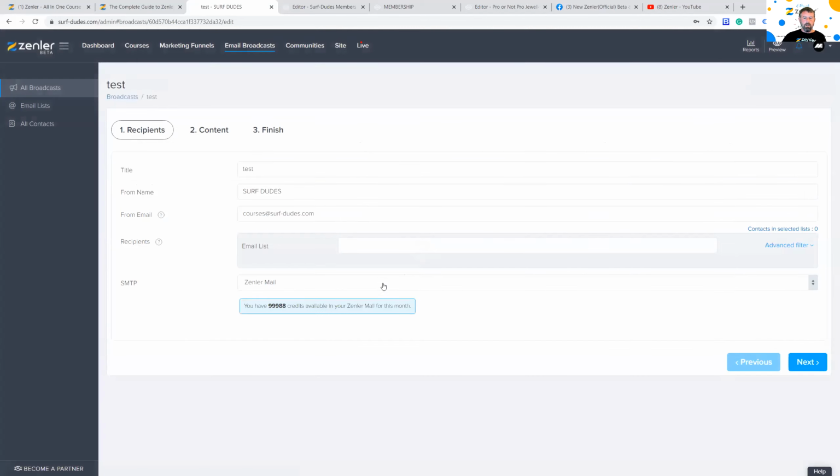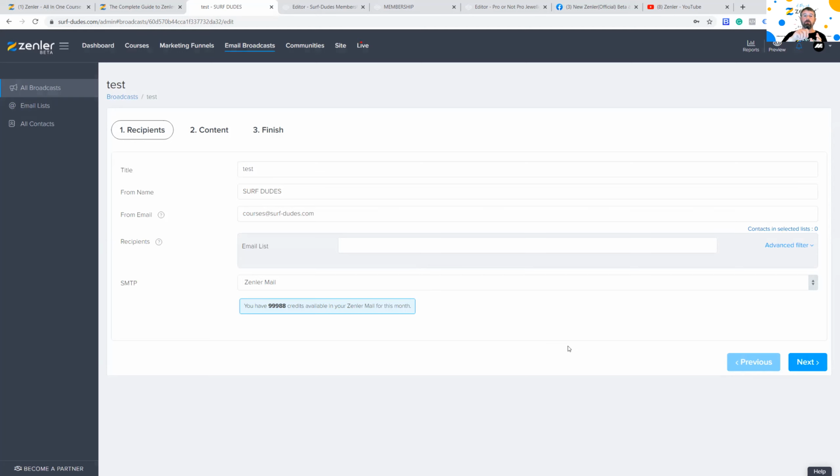Then you can actually go in, and where you've got SMTP, instead of using Zenler Mail, you would select, there would be an SMTP, another one would be in there, and you would select that, and that would be sending out via SMTP instead of Zenler Mail. So you can check that it works in here. If it doesn't work, then deactivate the SMTP so that it doesn't send out automations.